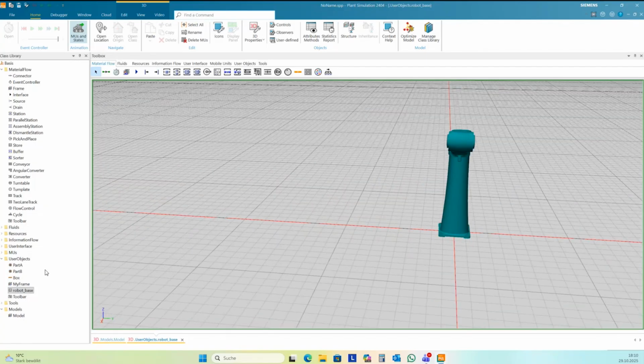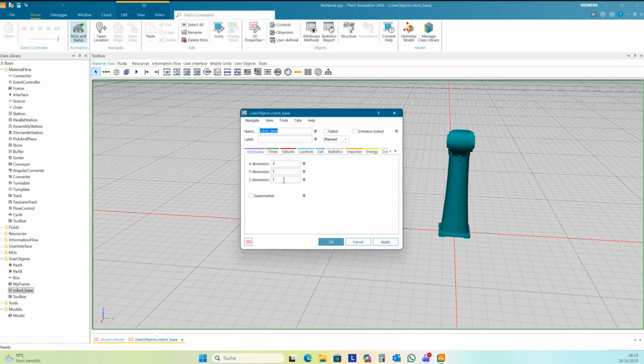And in this robot base, I want to create some user-defined attributes. X dimension set to 2. It has already changed this by importing this S3D file, because I have two animation points here, one left and one right.